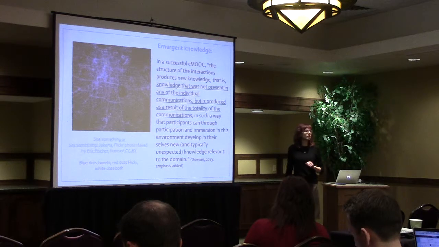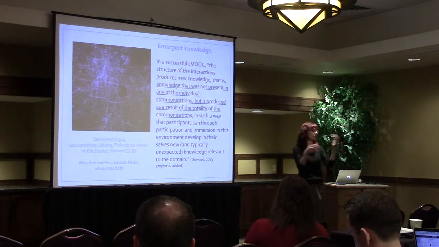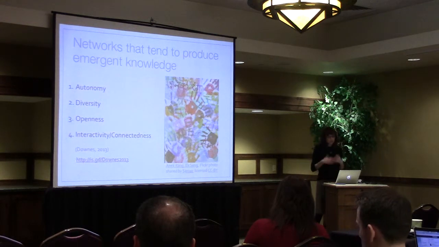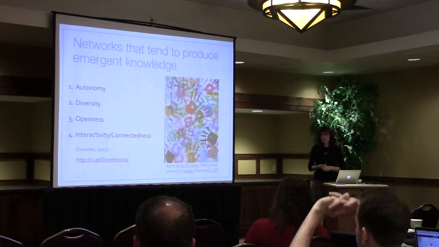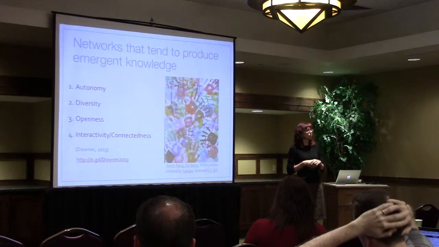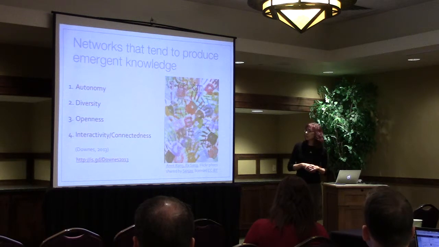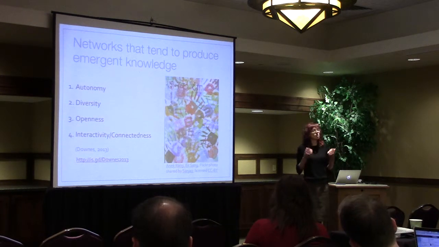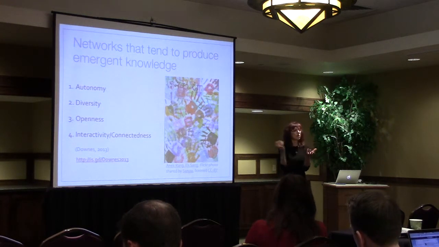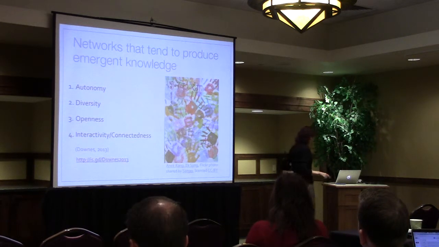So ideally, in a cMOOC, what should result is some kind of knowledge that is produced through all the interactions between people, right? And wasn't just from one person or a few people. And there's certain sorts of networks that tend to produce this kind of knowledge. They have autonomy, which I've already described, diversity of participants, so people with different views, different backgrounds, openness, in the ways I've already described, and interactivity and connectiveness such that you can get knowledge emerging from that interactivity, not just one person expressing their view and everybody else following it, but somehow connecting in a way that you can produce something together.